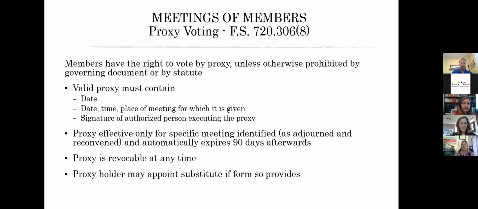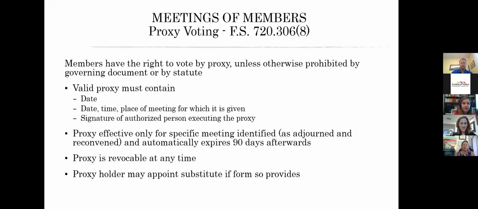And we often get questions from associations who maybe create a form of a proxy, right? When they mail out notice of a meeting and they tell the membership that we're going to vote on a particular issue, they include a proxy. And that's fine, but keep in mind that if your owner submits a different proxy, but that proxy does include all 3 things that are required under the statute, then that's a valid proxy and it needs to be accepted. So don't take the position of saying, well, you didn't return our form proxy. I think that would be a problematic position to take.